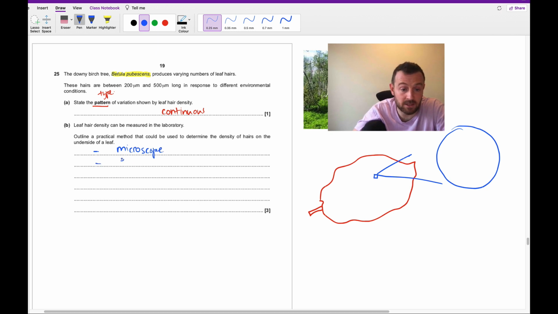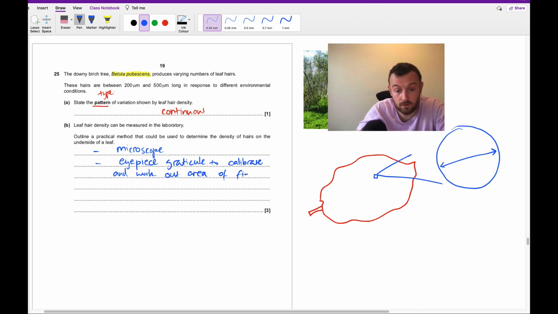We would use an eyepiece graticule to calibrate and work out the size of the field of view. Okay, so how big is the field of view here? The field of view of the microscope at a certain power, and then you'd count the hairs,